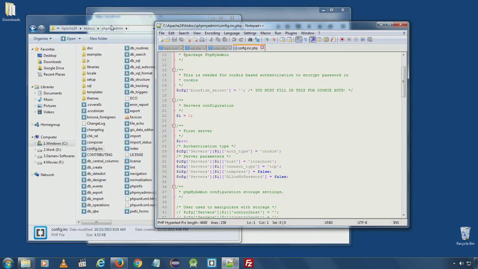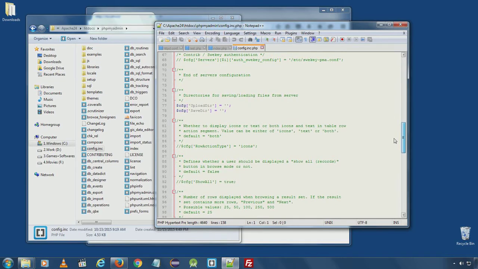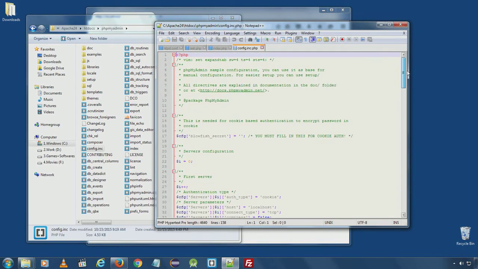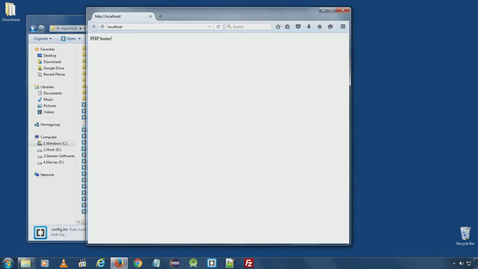This is the phpMyAdmin config file. You can set upload directory, save directory and other basic settings from here. We will not go into much detail here, so I will close it.